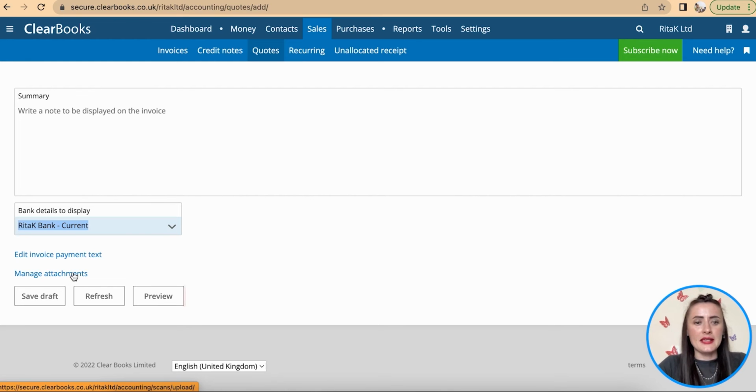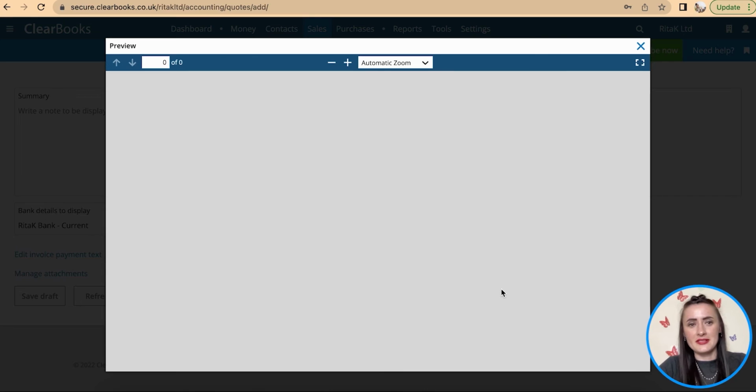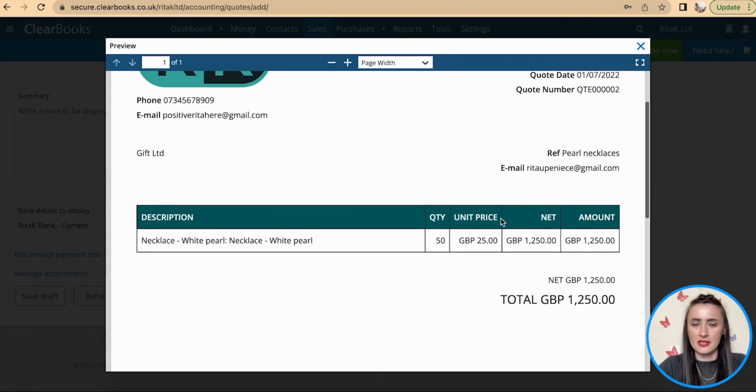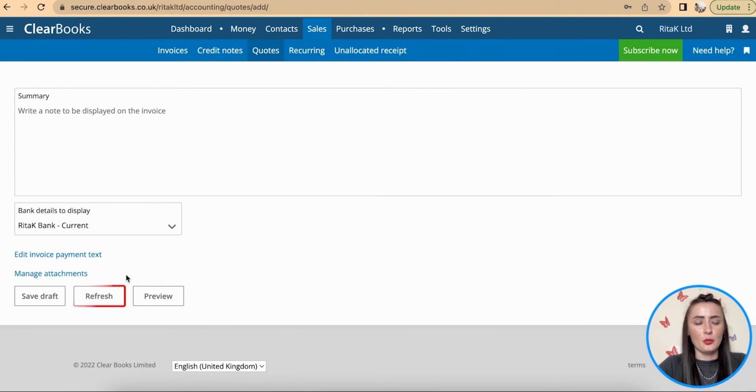Okay, then we have an option to preview. If we click on preview, we will see how the quote looks. Okay, this is a quote. And we can refresh and we can save as a draft. So if I save as a draft,